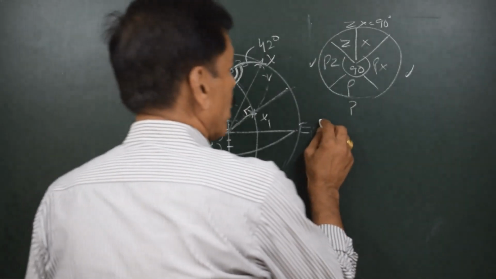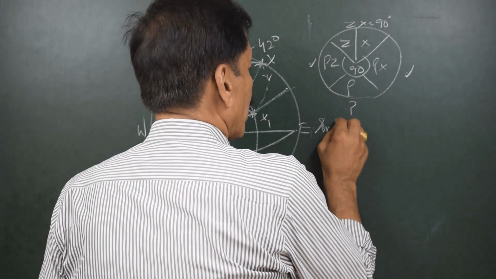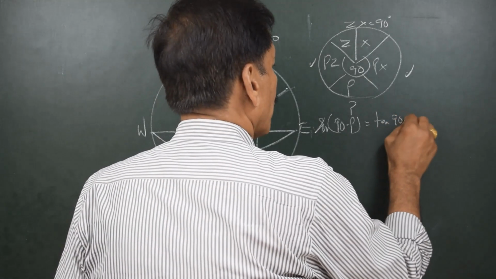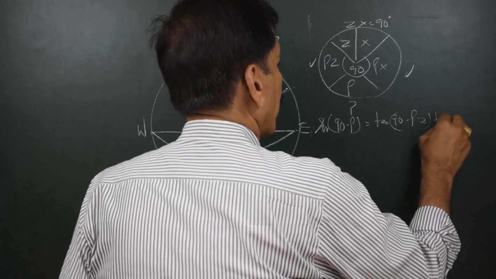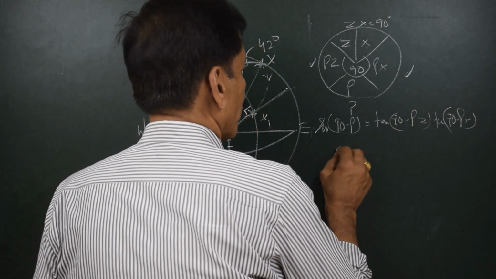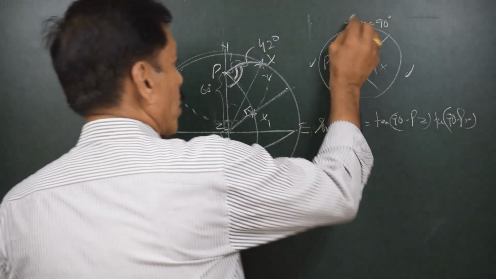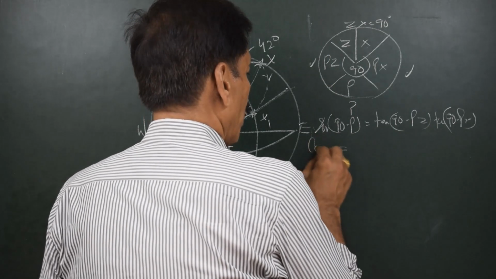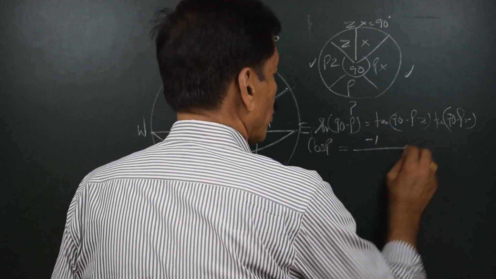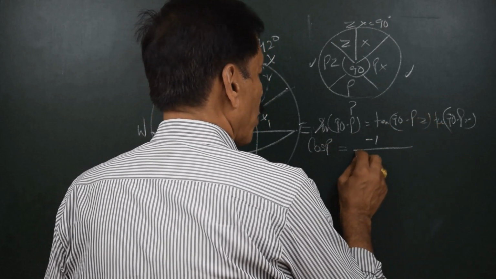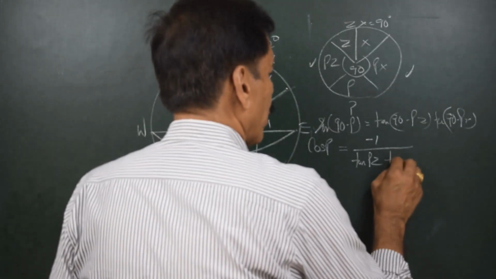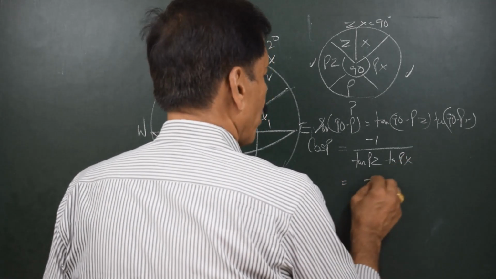So we have an equation: sine of the middle part, that is sine of 90 minus P, is equal to tan of 90 minus Pz times tan of 90 minus Px. And because we are talking about a situation where the side is 90, we will be introducing a negative sign on the right hand side, so that is minus 1. Tan 90 minus Pz is 1 upon tan Pz, and tan 90 minus Px is 1 upon tan Px. So this is minus 1 upon